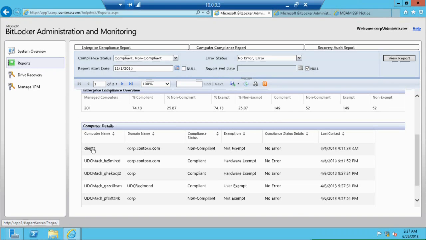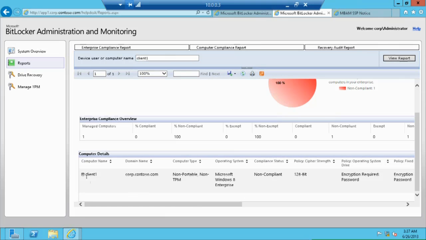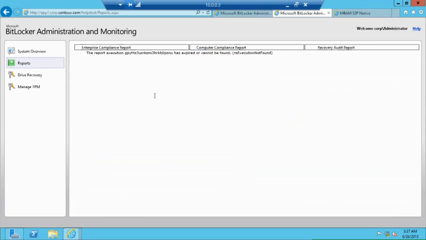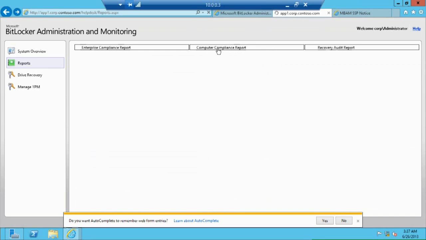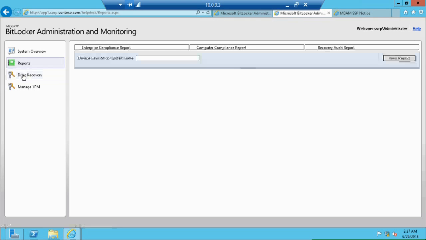So I can click on a particular device. Let's see why client 1 is non-compliant, for example. If I click on that, it's going to pull up the computer compliance report, and under that, I can see that I'm not compliant. So if I expand this, client 1 here, it decides that it's already run. So let's try that again. While that pulls up, the report expired since I already had it up, so we'll just rerun that. But if we type in our client 1 here,